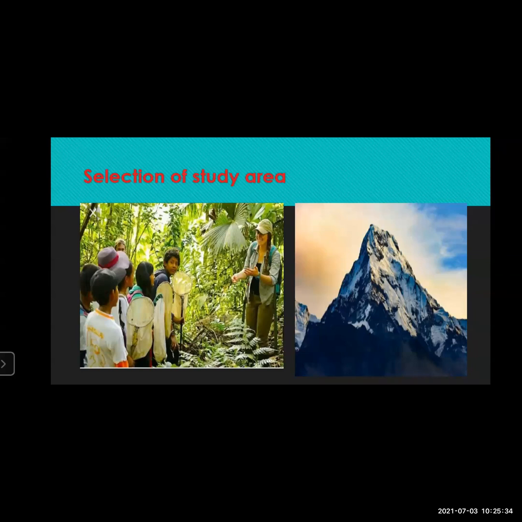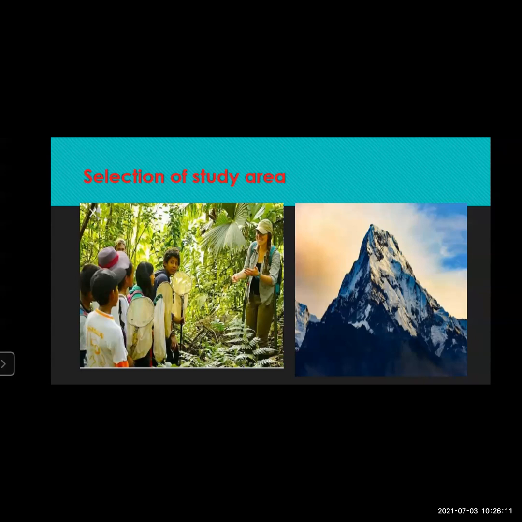Related to geographical elements, villages are also one way to learn, that can be part of the field visit. Then forest area. Here on the slide also you can see the students are there with the teacher in the forest area. Now in the forest area, they will see all the wildlife over there, they will see the vegetation, what type of plants are growing over there, and also some physiography. Again, mountain areas also you can visit, hills also you can visit.